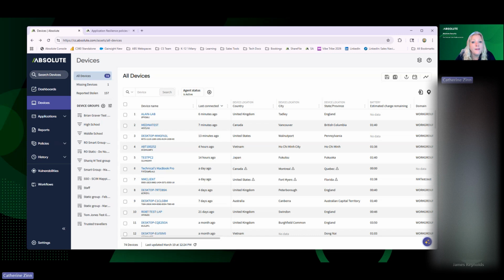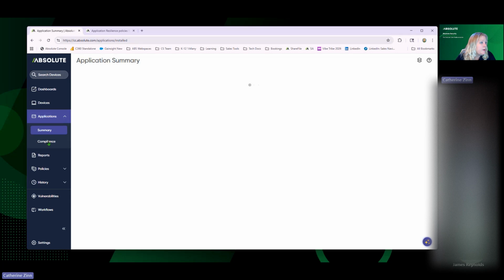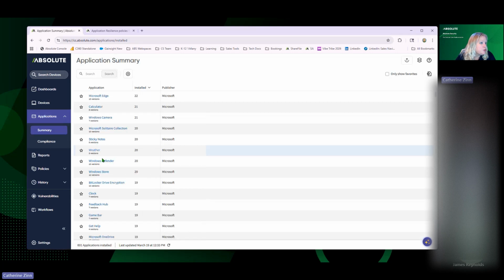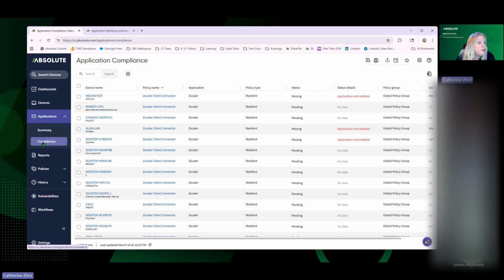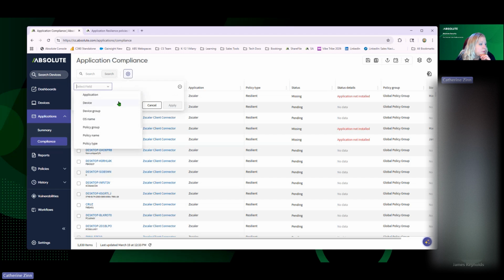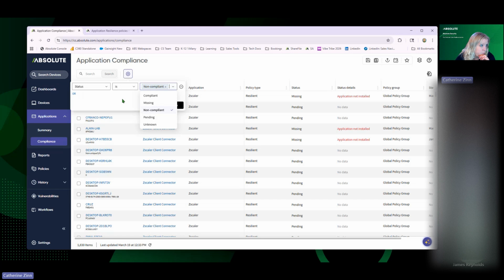And then under applications here, we have the summary, which just shows you all your installed applications. And then the compliance. If you have that feature for the required applications, you can see that here. This one has different fields. It doesn't have as many as the main device page, but it will have information about the parameters you've required for applications. So you can just come to the filters here and say the status is non-compliant or missing